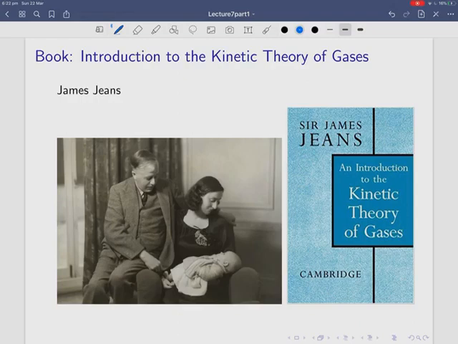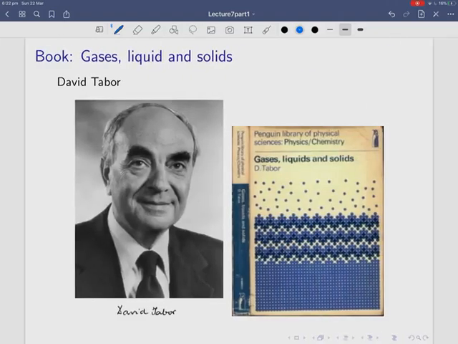The first book is one by a Cambridge physicist called Sir James Jeans. Here he is with his second wife, and I presume their baby. He wrote a couple of books on kinetic theory of gases, but the first one, the one that's more interesting to us, is called Introduction to Kinetic Theory of Gases. That's a great book about this subject. It's not obscurely mathematical. It's actually a physics book. It concentrates on the physics rather than on the mathematics. That's a very nice book to go and look at. You can find it on the web very easily.